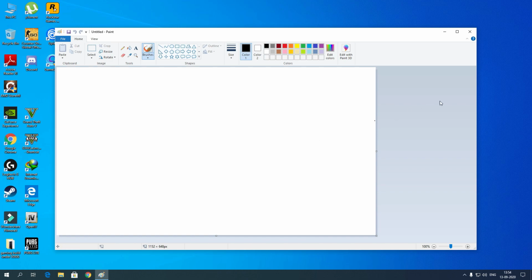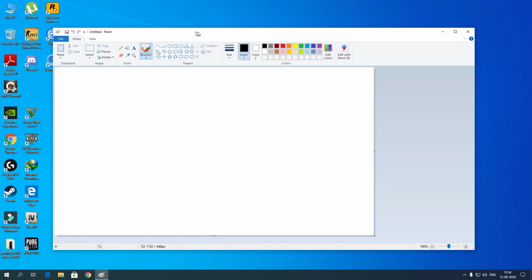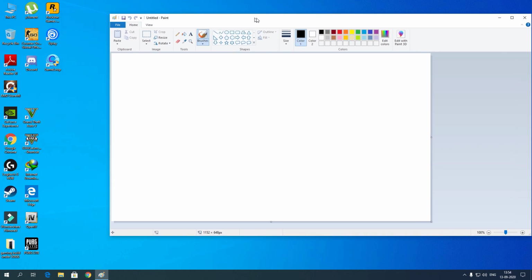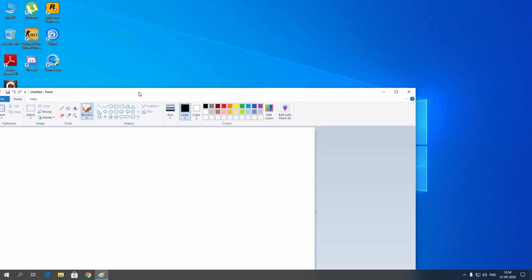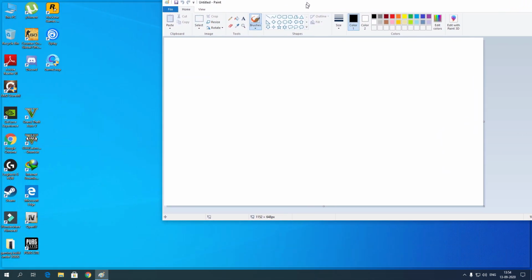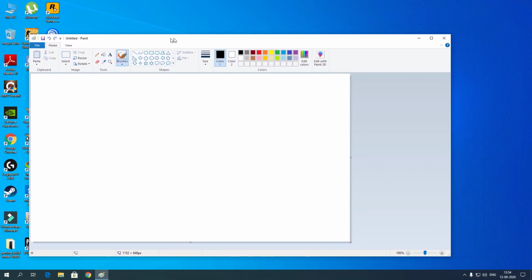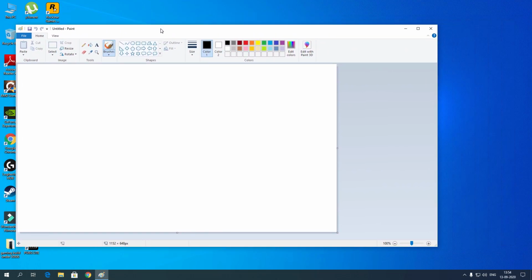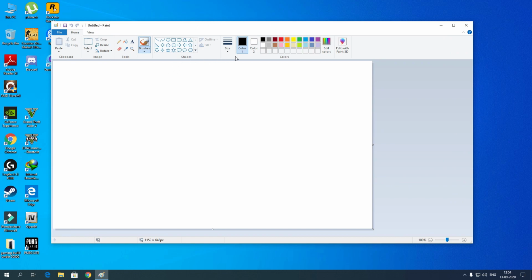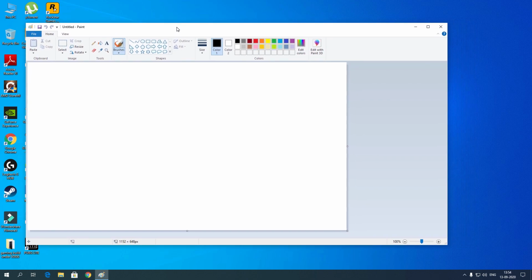Clicking the close button, you will shut down the program. And you can also move this window. Suppose now I am going to move here. Can you see? The Paint window is moving on the screen. Corner, up, side, down, in the middle, right? It's moving. Moving is possible here. Left click on the title bar and hold the button. Don't release it. What I am doing here, I am clicking on this button and moving it.